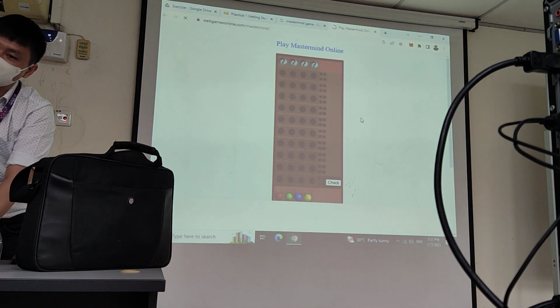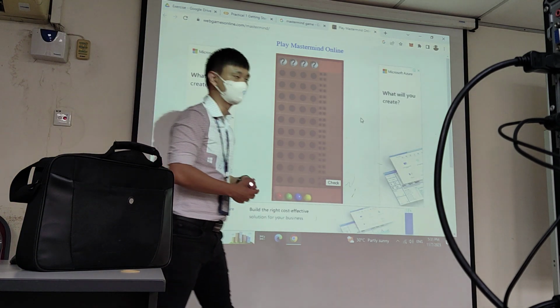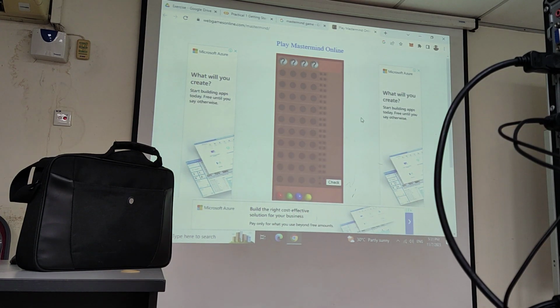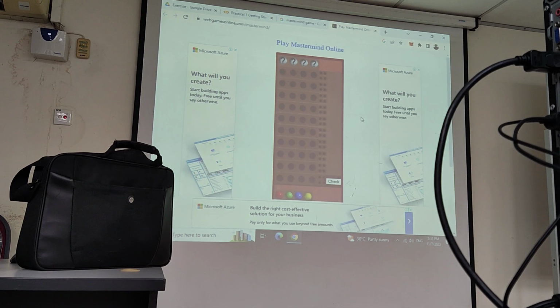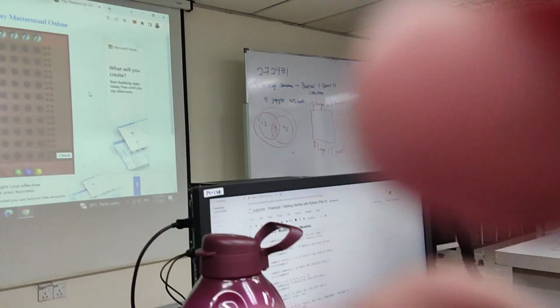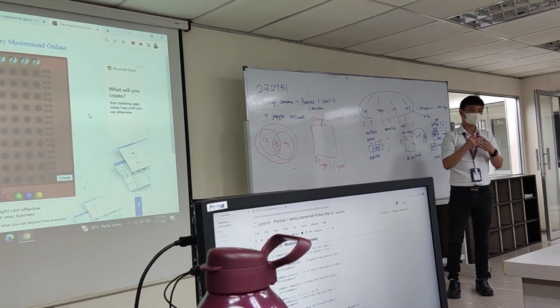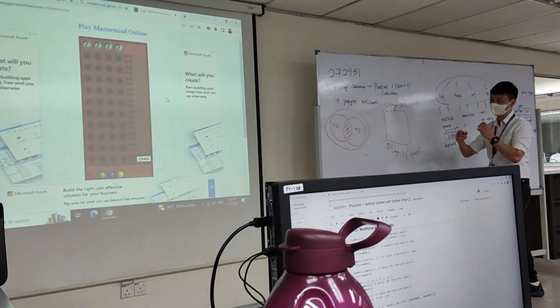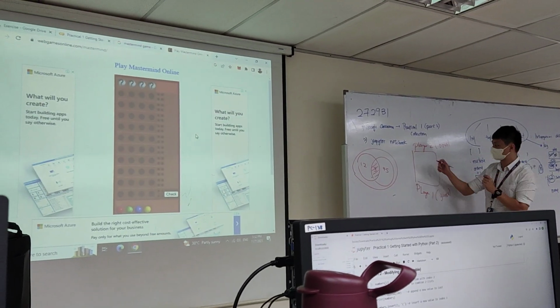Okay, mastermind game is a game where we have 2 players. So let's say we have a player 1, and this is player 2. Player 1 acts as a guesser. Player 2 acts as a boss. This boss has to randomly pick out of 6 colors. We have 6 colors in the collection. We have to randomly pick 4 colors and